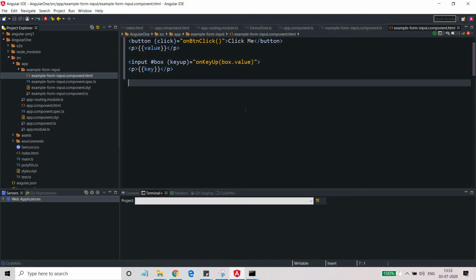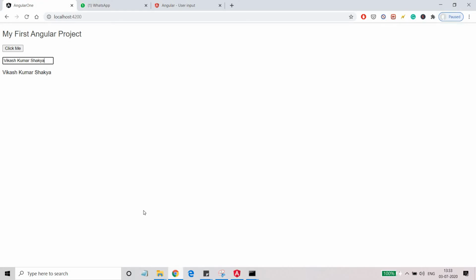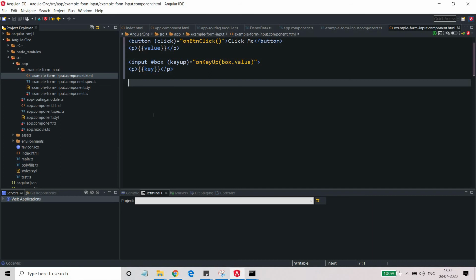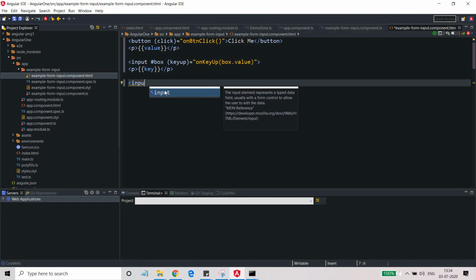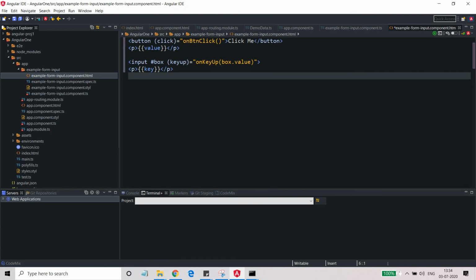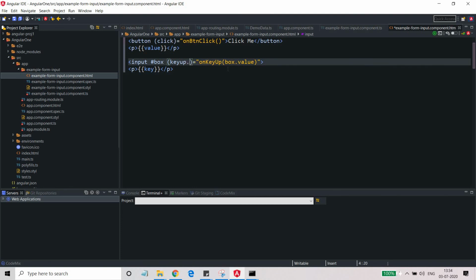Sometimes we want that as soon as someone presses enter, our text should be updated on the page, not on the box, on the page, rather than every time I'm pressing any key, this is getting updated. I don't want this. I want that as soon as I press enter after entering everything, then only this should be updated. In that case, what we can do, let's see. There is an event called, let's not write a new thing, just update this thing. So here what I will do, key up dot enter.